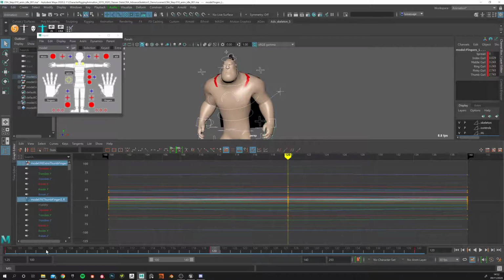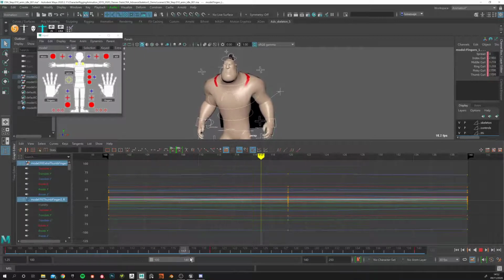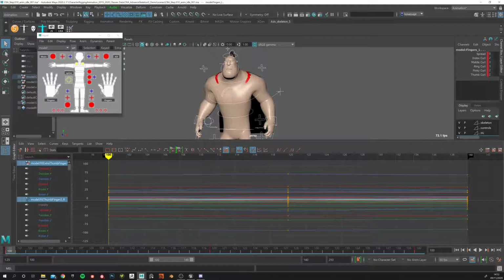So the way this is set up is that this happens at the same time as this, which is fine. But here, everything is happening at the same time. So you can see that the arms move at the same rate as the spine and the head, and even the fingers move at the same rate. So that is giving you that horrible robotic, perfect look, because in reality nothing happens at the same